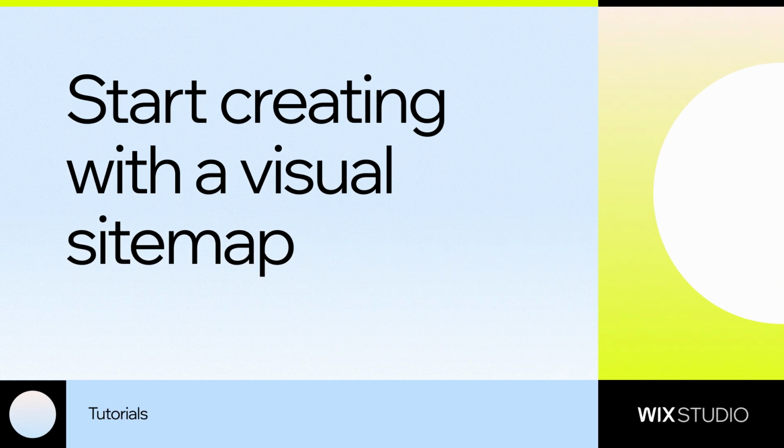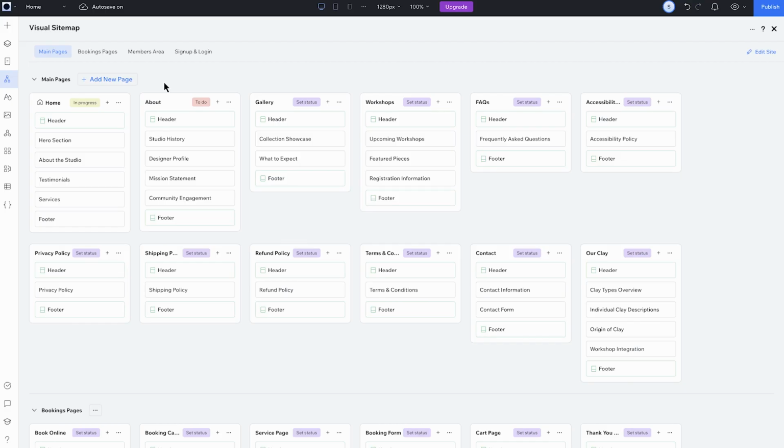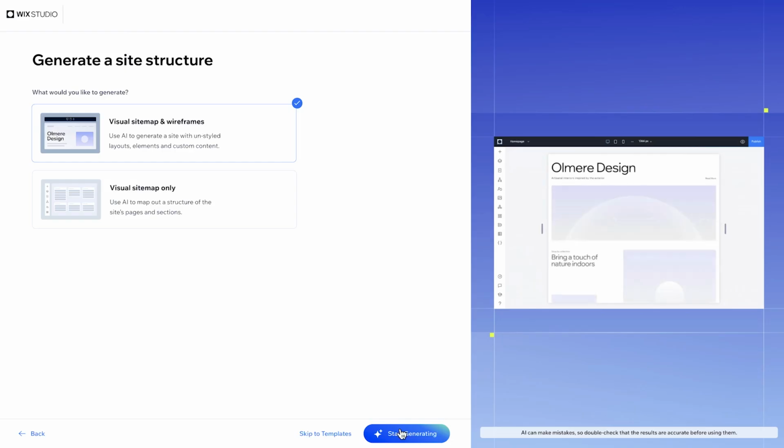Today we'll explore how to kickstart your site building process using our visual sitemap and wireframe generator. A sitemap is like a website's blueprint, outlining all page connections. Our tool lets you efficiently plan with AI, creating either a visual sitemap or a wireframe sitemap with key pages